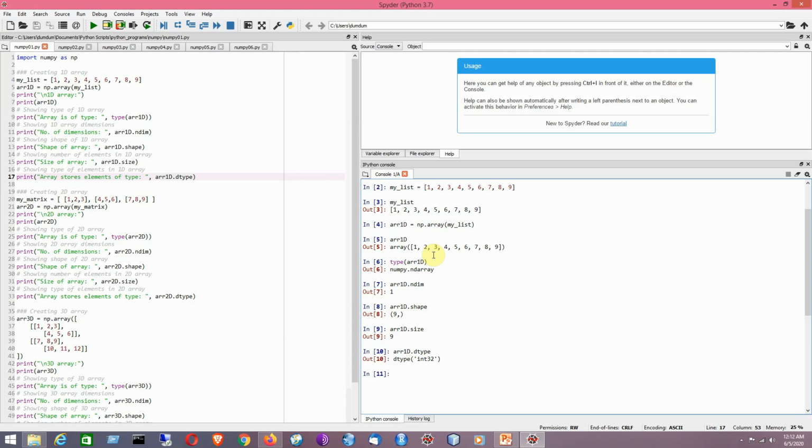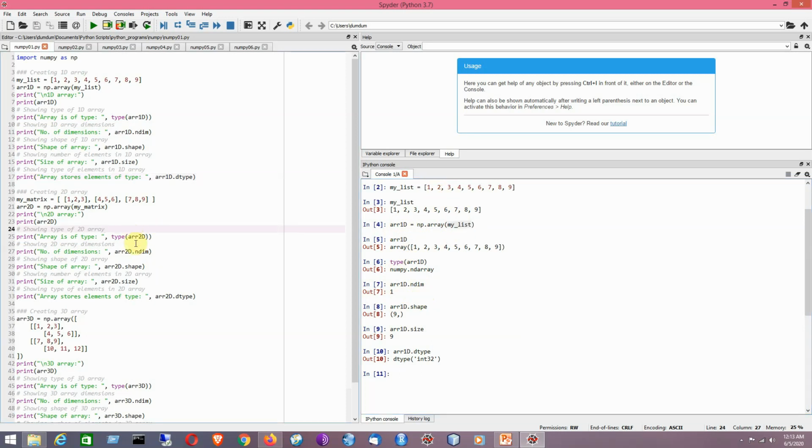Next it is showing the data type for the array. Basically it is showing that we are having an integer type of array here. So in that way several operations can be performed on a one dimensional array that is created from a list. First I need to consider the list, then I have to use np.array, within brackets I have to pass the list as an argument, then the array will be created, a one dimensional array. Then you can perform different types of operations on the one dimensional array just created.